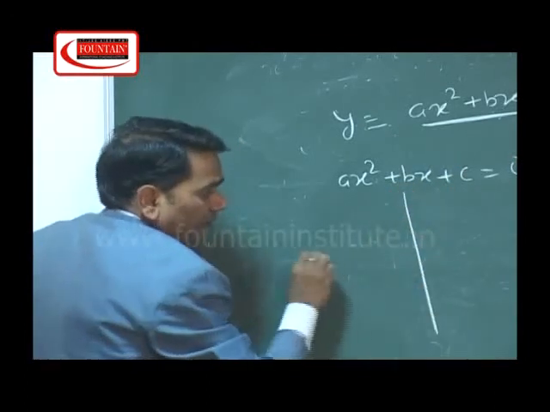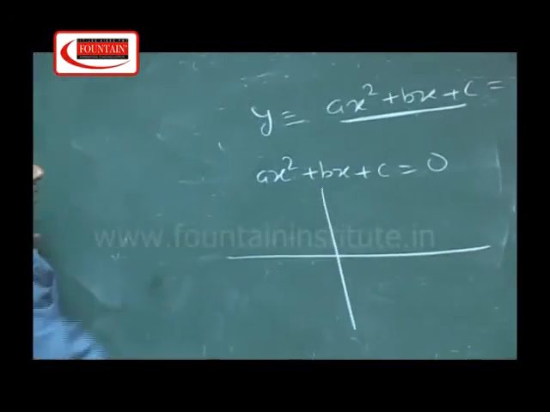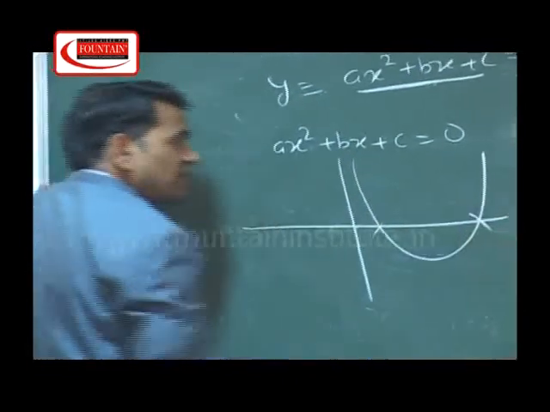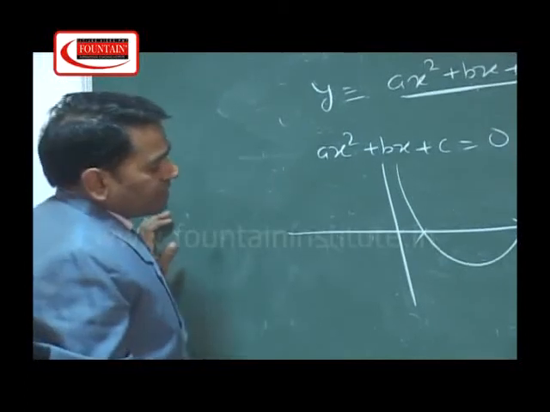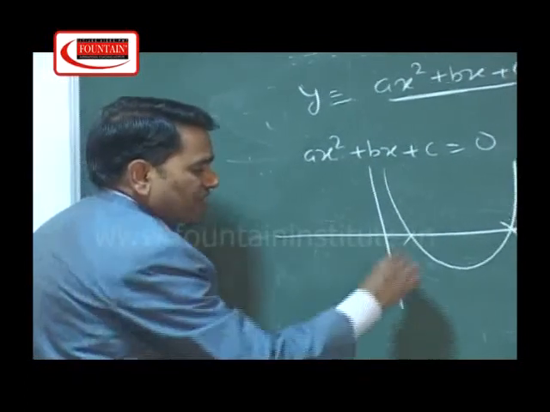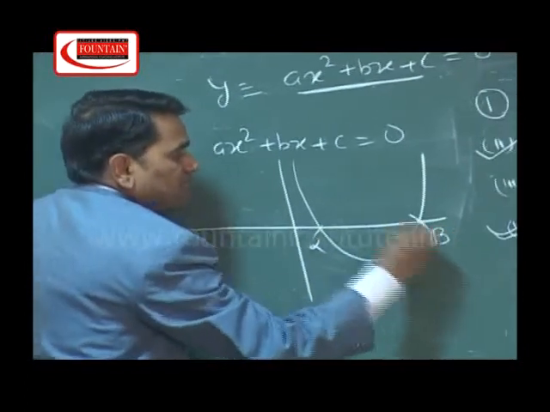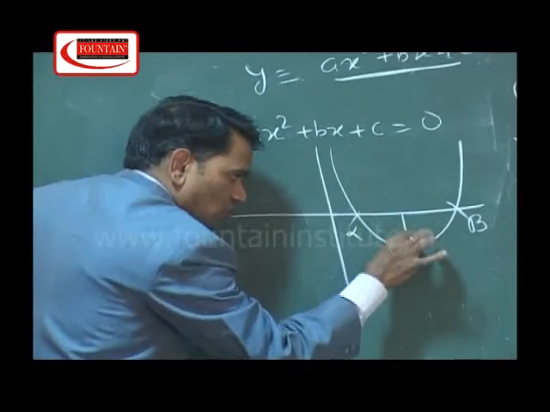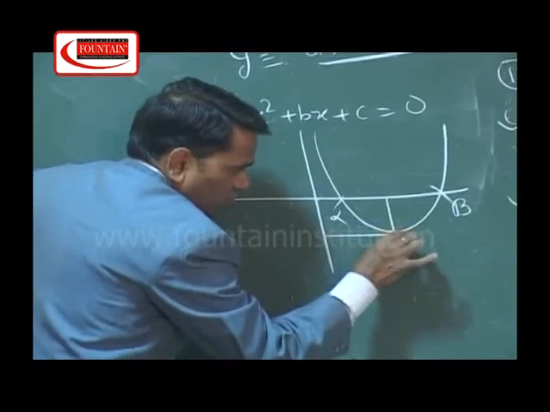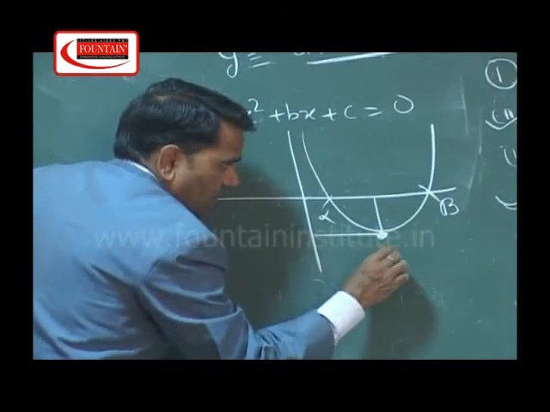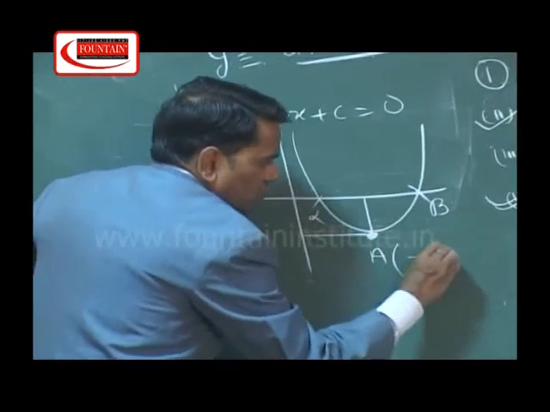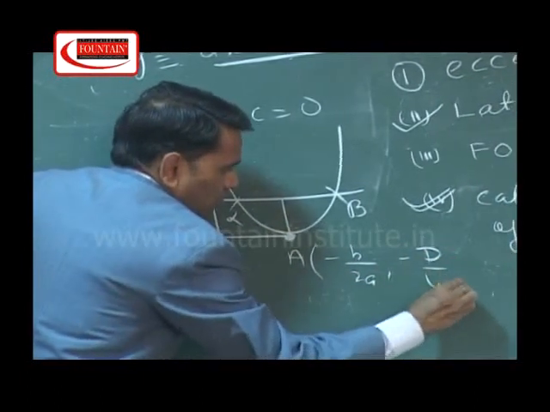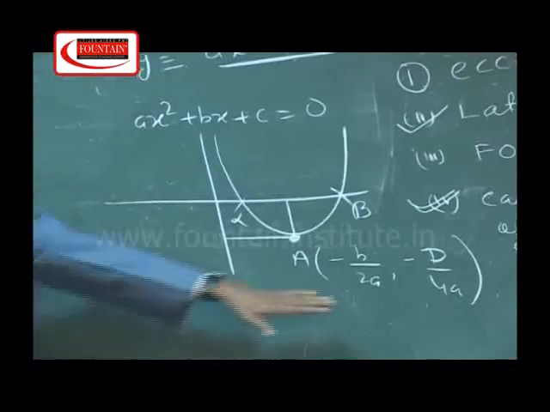That means a parabola which has distinct roots intercepts the x-axis at two points, alpha and beta. In that case, guys, you have to calculate the coordinate of the vertex. Suppose I denote it as A, so this is minus b upon 2a and minus d upon 4a. But this I will